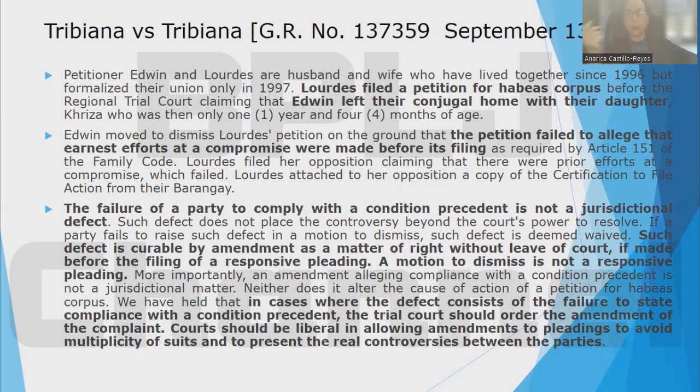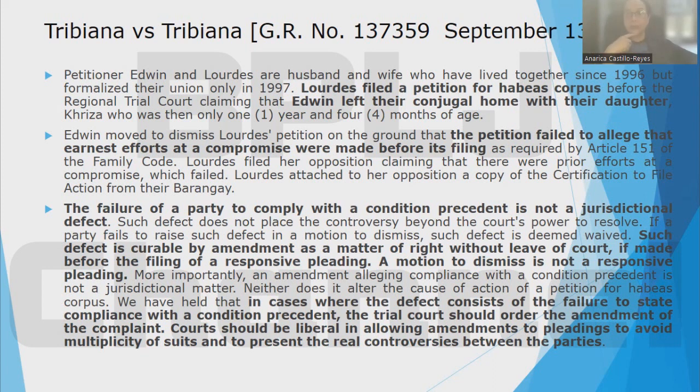The failure of a party to comply with a condition precedent is not a jurisdictional defect. Such defect is curable by amendment as a matter of right without leave of court if made before the filing of a responsive pleading. A motion to dismiss is not a responsive pleading. So considering that in the case of Triviana, what he filed is a motion to dismiss and not an answer, the issues are deemed not to have been joined, and therefore, the plaintiff enjoys the right to amend his pleading as a matter of right and to